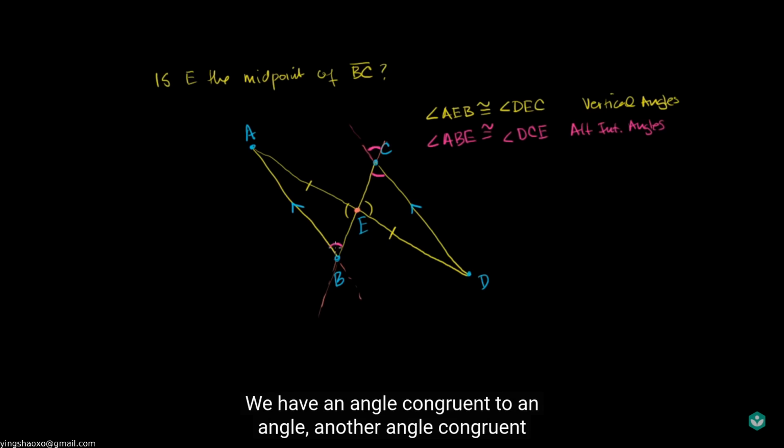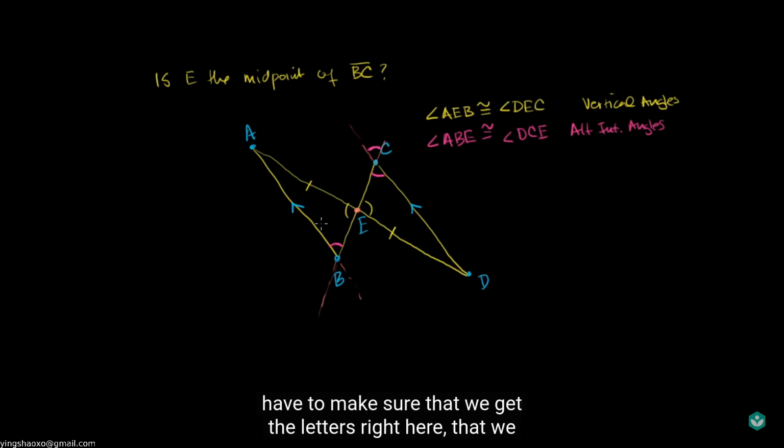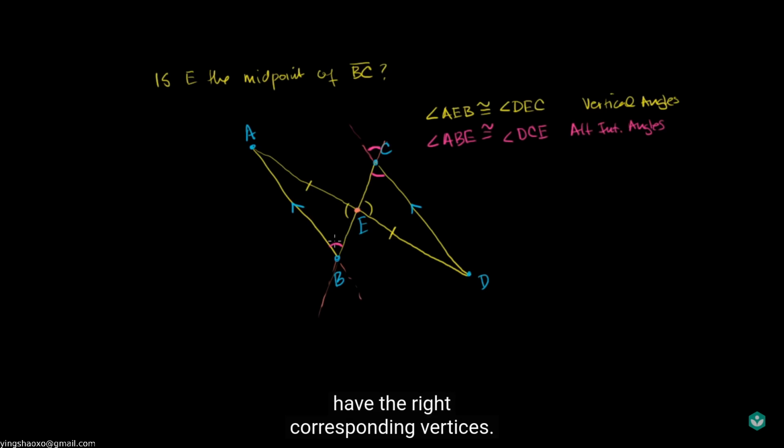And then we have an interesting relationship. We have an angle congruent to an angle, another angle congruent to an angle, and then the next side is congruent to the next side over here. So pink, green side. Pink, green side. So we can employ AAS, angle, angle, side, and it's in the right order. So now we know that triangle, we have to make sure that we get the letters right here, that we have the right corresponding vertices. We can say that triangle AEB,